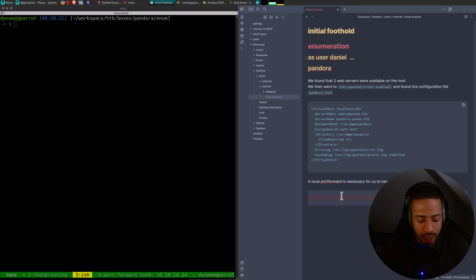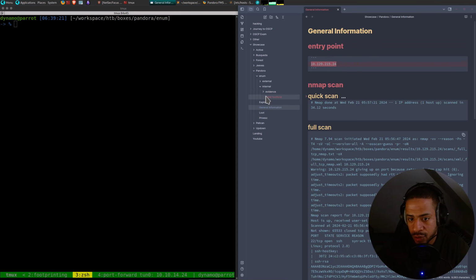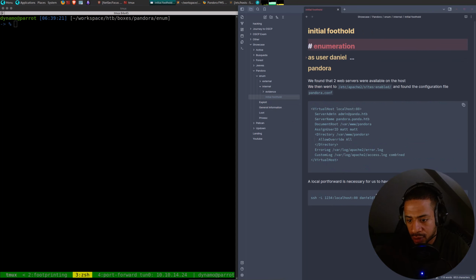And the command was ssh -L 1234 localhost 80 Daniel at IP, which is, I could just remember these IPs, but I never do. Like that.